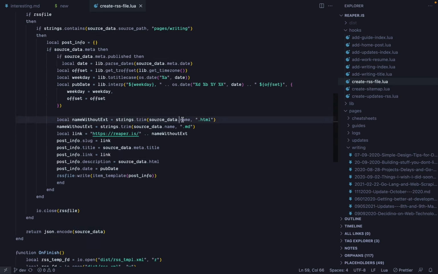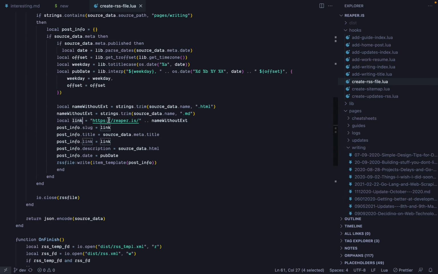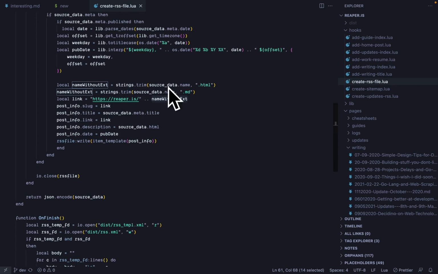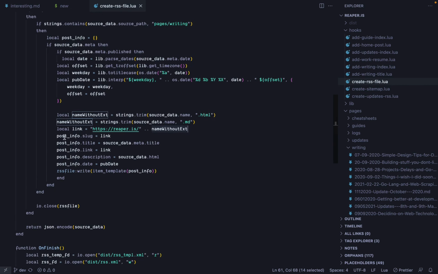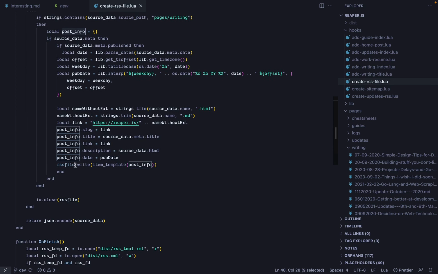So what I'm trying to do is, let's say the file is writing slash whatever simple design tips for so and so forth .md. We just convert it to .html, and we're just defining the link to be repo.is and slash writing slash the HTML part. So that's that. Post that, we just define what the post info slug is, post info title is, post info links, whatever we've built up over here, we've put it on this table or object. So Lua calls it tables. So we've put it down in that table, and then finally we keep writing it to the RSS file